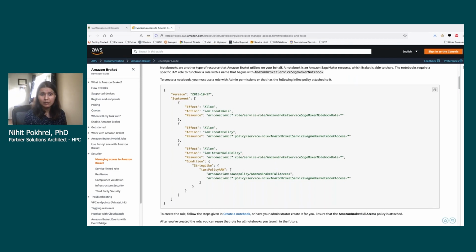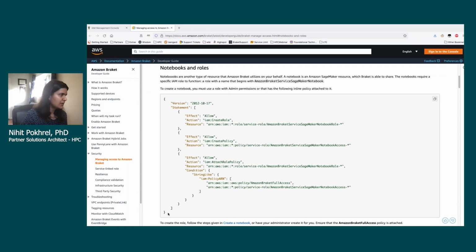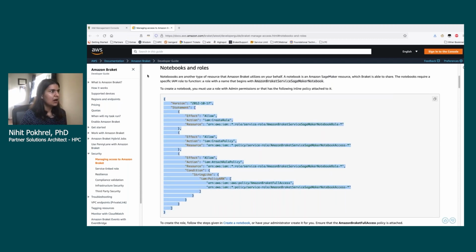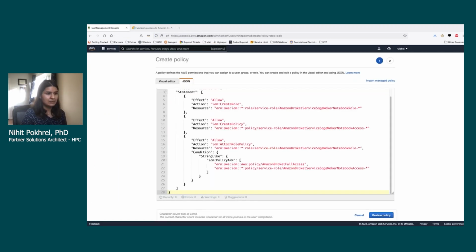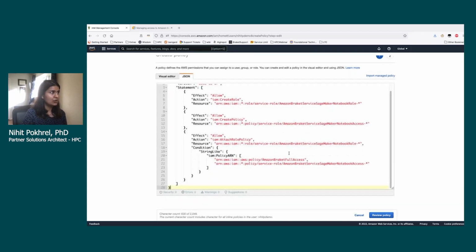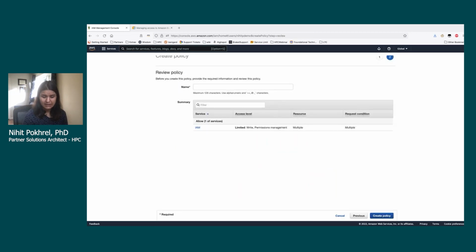This guide will also be attached with the video, so don't worry about finding the permissions to attach. Please go ahead and select the permissions, and now go ahead and paste it here. Once you attach this policy, you will have everything that is needed for the IAM user to launch Amazon Braket.